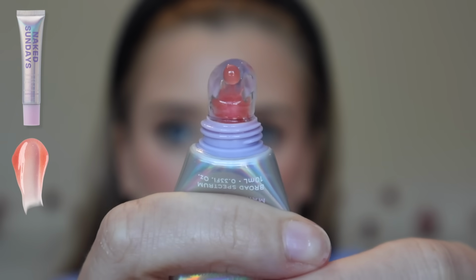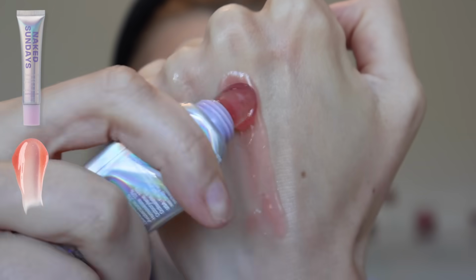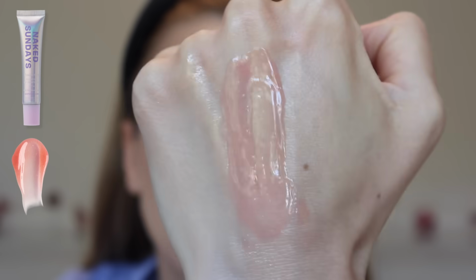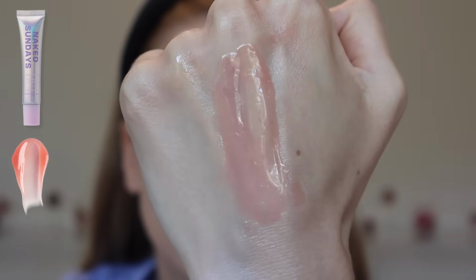I picked up the shade Marshmallow, which is a sheer bright peachy pink that I actually don't really notice any shimmer with at all. I know that they said that this is supposed to have a shimmery glow, but I just get more of a shiny lip gloss glow instead of shimmer. This has a gel texture that I would also describe as in between thin and thick, but I do think it's a little bit thicker than Prequel for me once it actually settles down. It has a tiny bit of tack and it's a little bit stiffer than Prequel, but it is still something